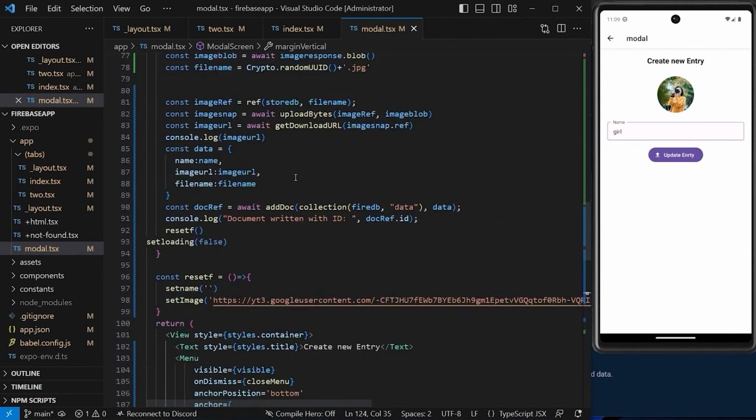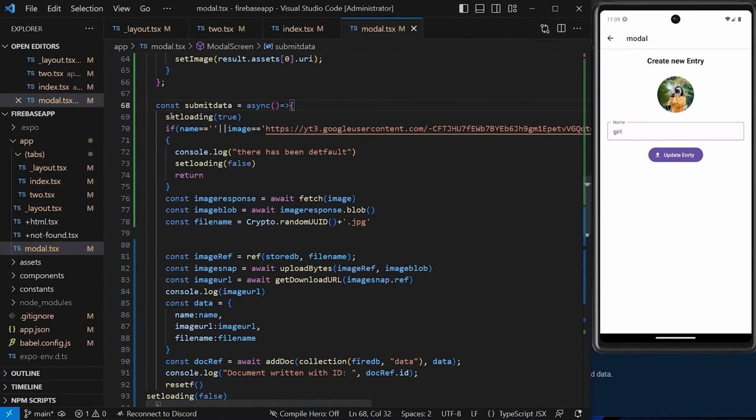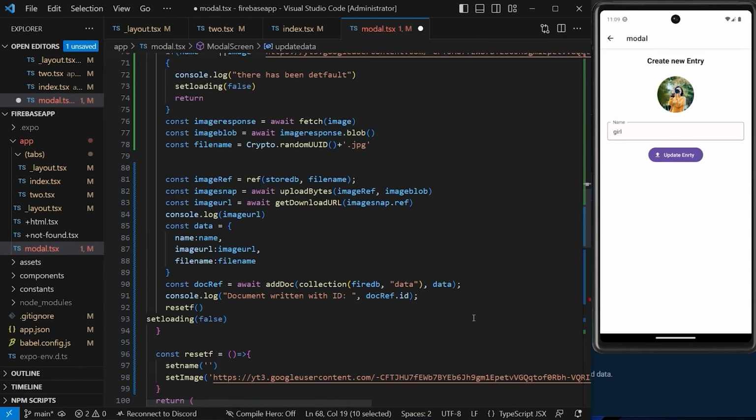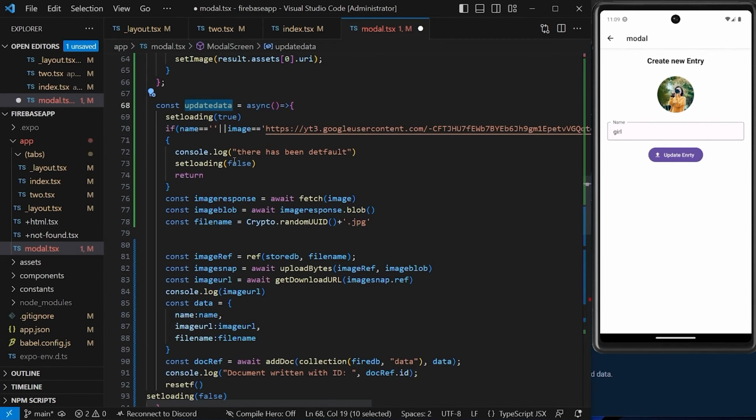Now what we'll do, we will be utilizing this submit data as our update data method. So let's just quickly update the method name. We'll write it as updateData. You can name it whatever you want, but remember you have to call the same name in the onPress event of this button. And